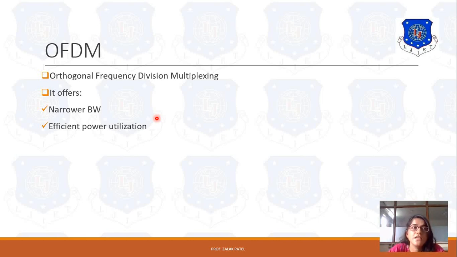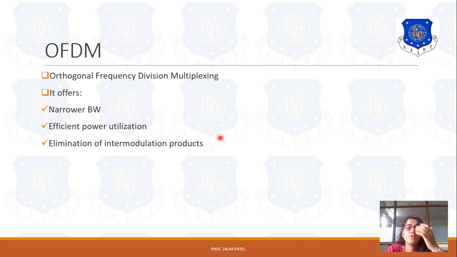This helps to overcome the limitation of CDMA, because in case of CDMA we have seen that there is an unbalance of power, means the power level is unbalanced at the transmitter side as well as at the receiver side, and because of that efficient power utilization is necessary. Third one is elimination of the intermodulation product.